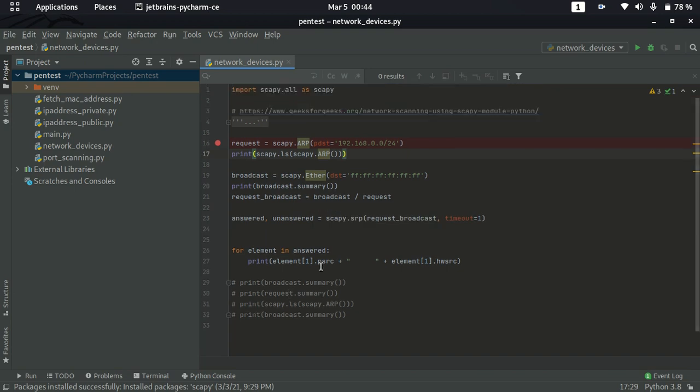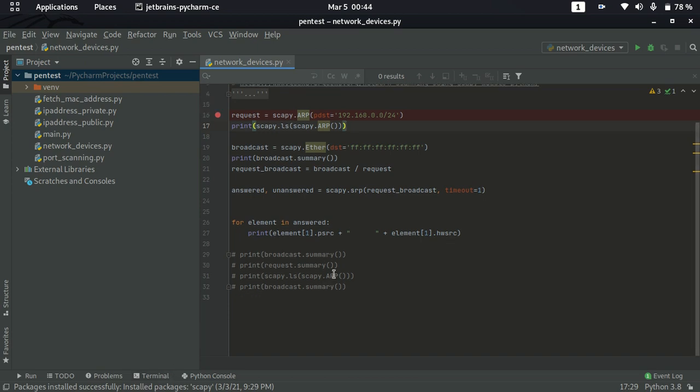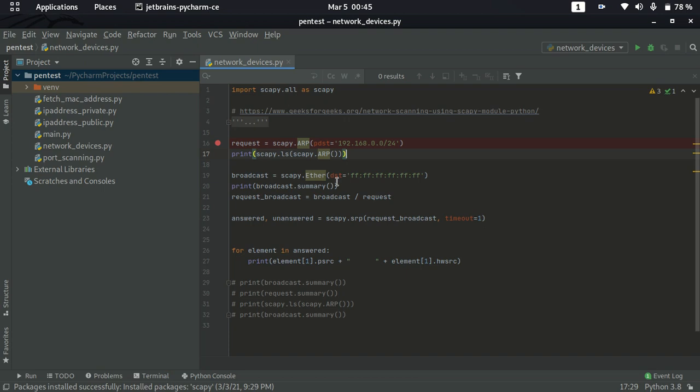So in simple, we have covered what is ARP and the theory part about ARP and subnet and how we get the CIDR notation, and after that we have seen the terminal commands nmap, netdiscover, and after that the main arp-scan, and after that we have seen the Scapy module for Python. In Python we have implemented the same algorithm. We created the ARP request, Ether request, and we combined both by using the slash symbol /, and we have sent the packets by using srp, send receive packets, and we got the answers, and we have just iterated the answered one, and we got the IP address and the MAC address from that.